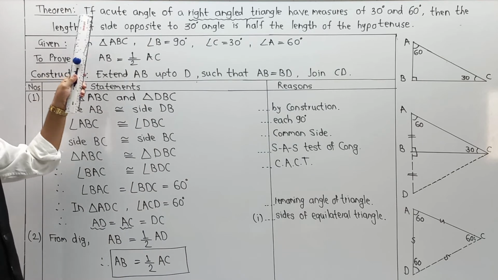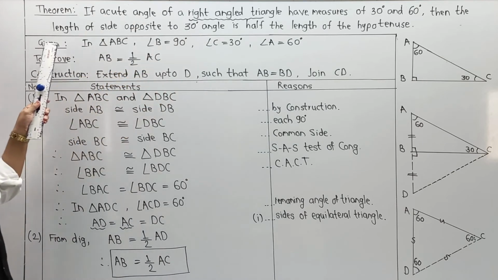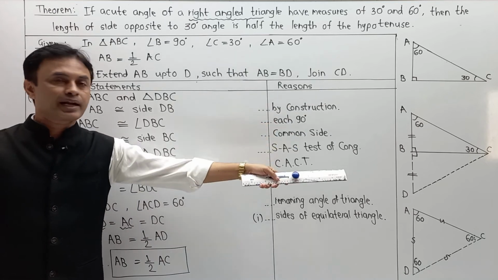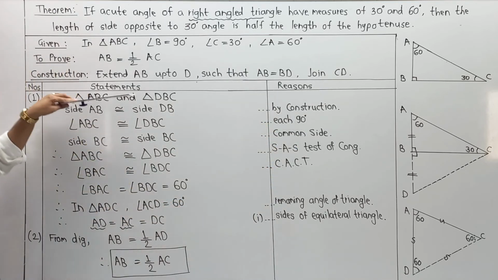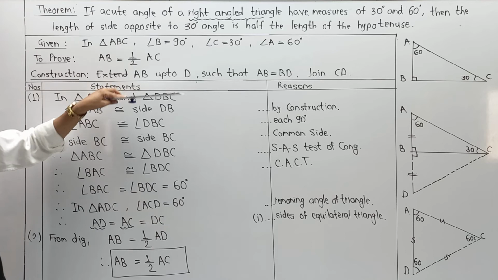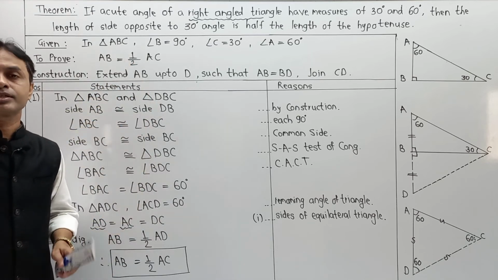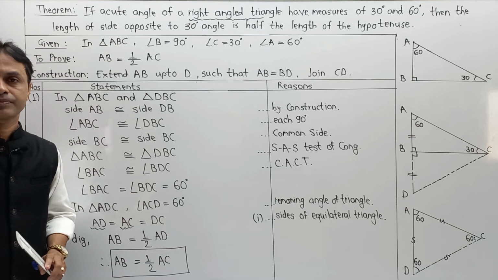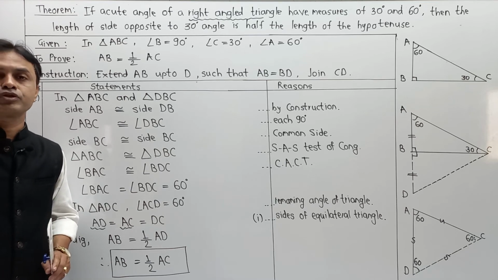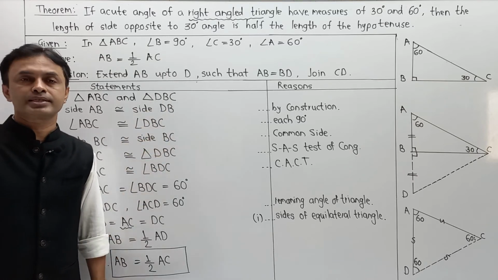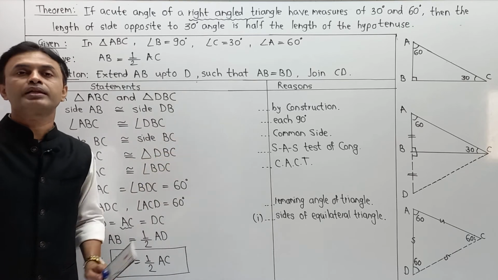I am going to make all the parts in terms of the theorem, given, to prove and construction. I am going to keep the entire diagram as it is, and just change the number, statement, reason and the written part over here. Rest all parts will be as it is for the next theorem, which is: side opposite to 60 degree is root 3 by 2 times of hypotenuse. So please pay attention, this structure remains as it is, at least 80% of it.